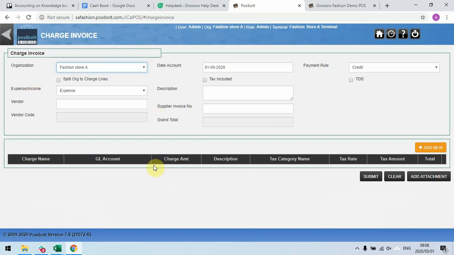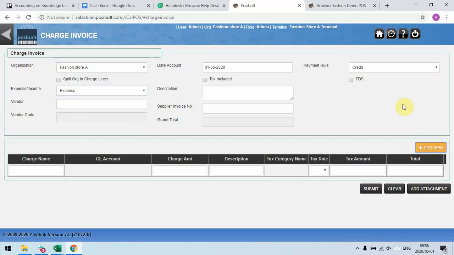And this is how your charge invoice screen will look like. You'll have your organization type, and you'll have your date, your split charges, your expense or income if you need to filter by that, and all that. Now we're going to create a new charge invoice. You click add, and then in the charge invoice you enter